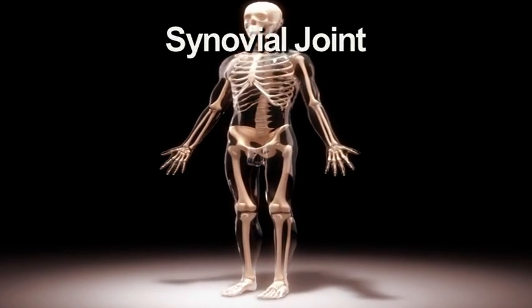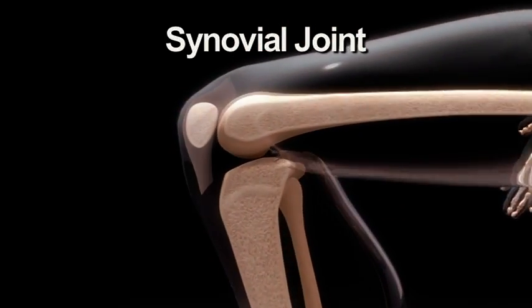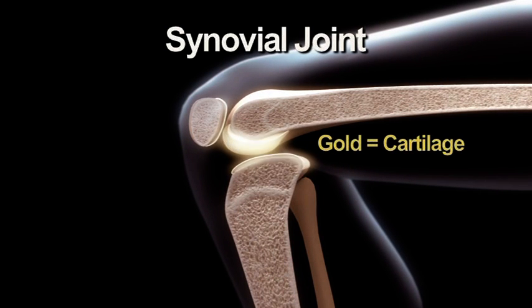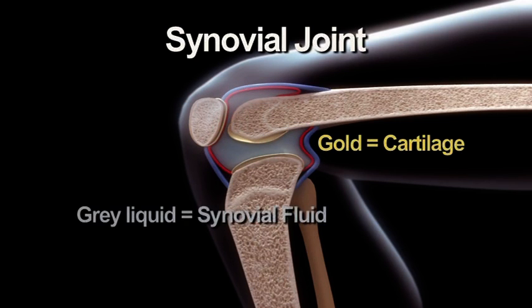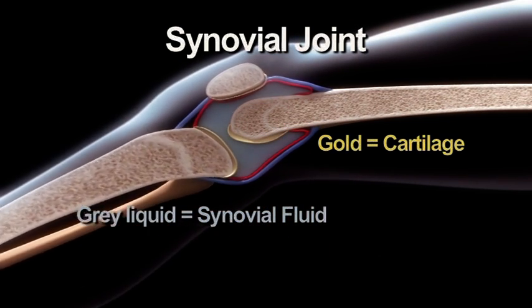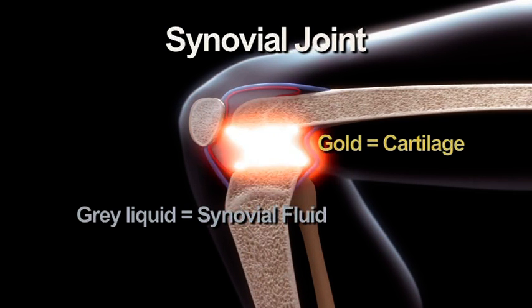This membrane secretes synovial fluid, a thick, slippery fluid that fills the small space around and between the bones and allows easy movement. In healthy joints, the cartilage is a tough but smooth tissue that reduces friction between the moving parts. Whereas in the most common form of arthritis, osteoarthritis, this cartilage breaks down, which means that bones rub together, causing pain and loss of movement.